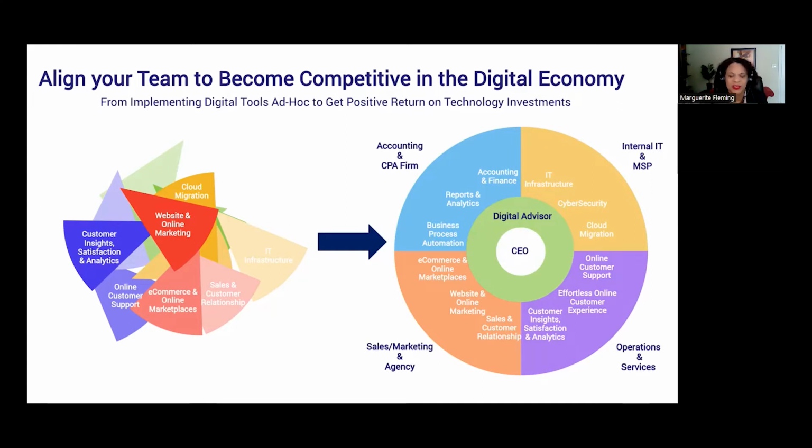So the role of digital transformation with a digital advisor is to take a look all the way around in all the areas of your business, ask you some questions about where are the gaps, and pull together a plan to transform those areas that are going to have the most immediate impact on driving your sales goals, driving your productivity goals, whatever that might be. That's what it's all about.